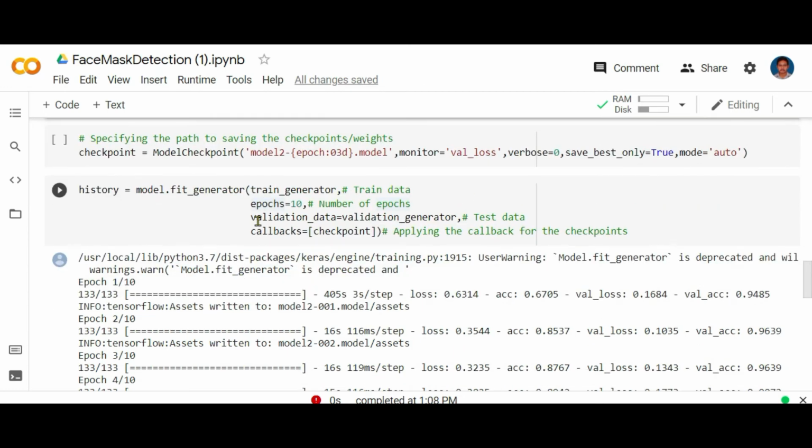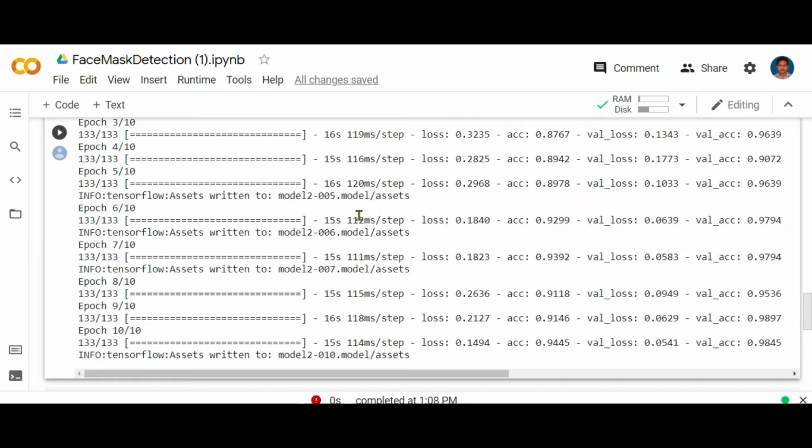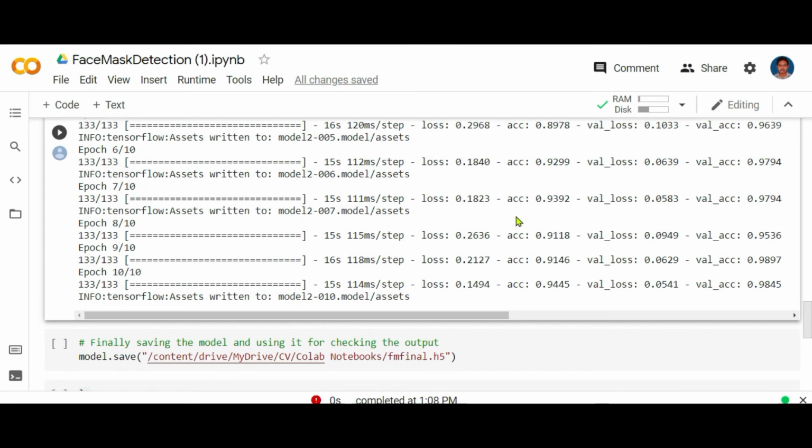And now let's go for the training of data, and this training is done using model.fit_generator, and I have passed the training data and the testing data along with the epochs as number 10, and I have passed this checkpoint and call it back during the training of the model. And after executing, this is how our training is happening, and at the end we can check that our accuracy is 94% for training data and 98% for the testing data, which is a pretty good model.